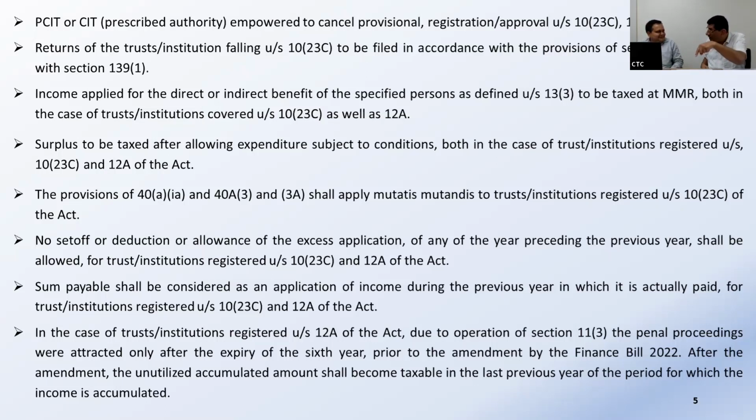It was becoming income again, under 11. No, that is not allowed. I'm not talking about that. The impact is the same. If your expenditure is that and it is 11.3, your income... you are saying that it is, and the wording says it becomes the income of that year.